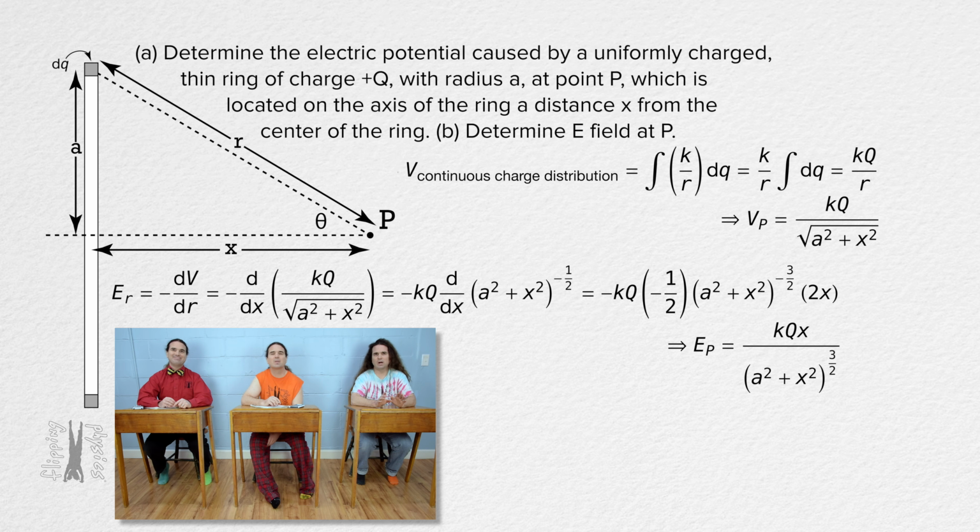Hold up. Why could we take r out of the integral, but x had to stay in the derivative? I mean, how can x not be constant and yet r is constant? It all depends on what you are taking the integral or derivative with respect to. The integral is being taken with respect to the charges on the ring, dq, and every charge dq on the ring is the same distance r from point P. However, the derivative is being taken with respect to position in the x direction. In other words, x is a variable distance along the x-axis for the derivative. Thanks. You're welcome.